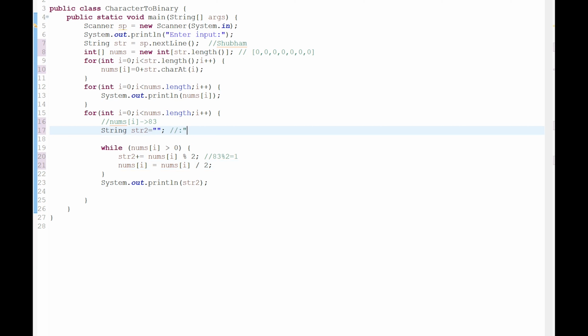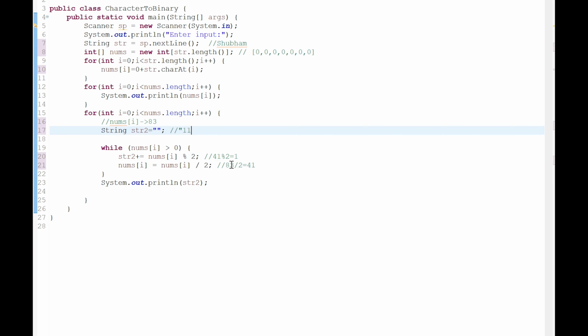I store this 1 into this string. Now I divide 83 by 2 and get 41. 41 is greater than 0. Now 41 modulo 2 is equal to 1, so again it concatenates and is added into the string.